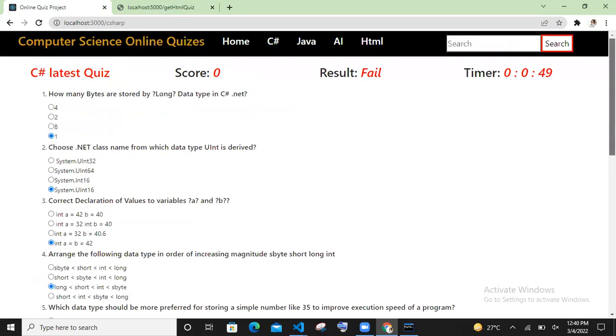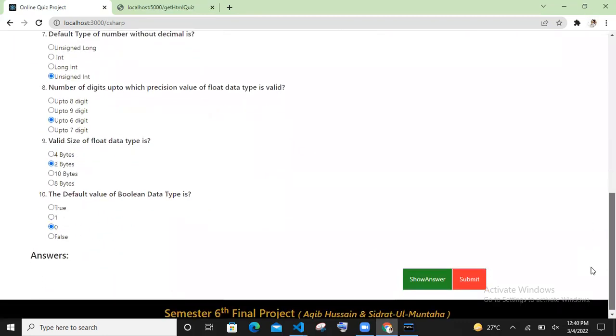Without showing the answers, I am just checking the result. Here my score is 0. It means none of the MCQs is correct, and my result is fail. I attempted this in 49 seconds. So I have poor results, and I should work on my C sharp skills.